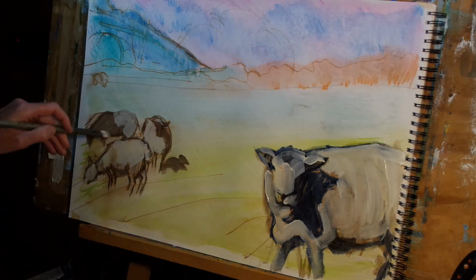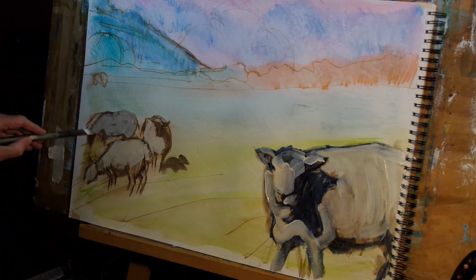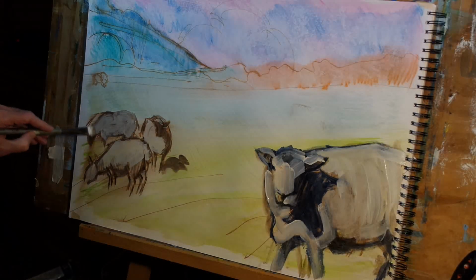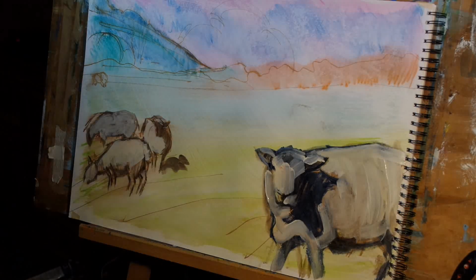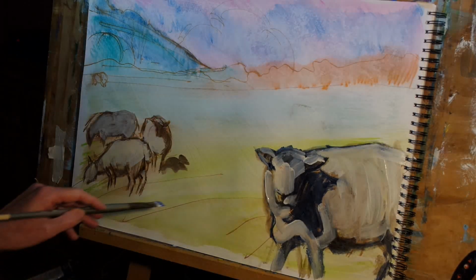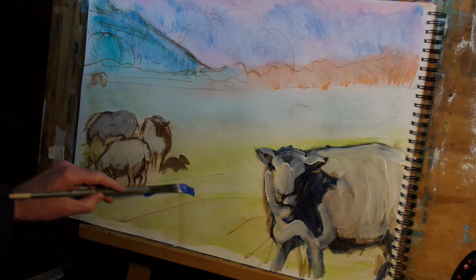That's the idea. And the third sheep that I put in just silhouette, you can see that I'm now going over most of that with a lighter colour. So the idea of the silhouette was really just to block out the preliminary drawing, the bit that I'd made a mistake on. And then next I'm coming in with some pure blue, and what I'm doing now is adding some cast